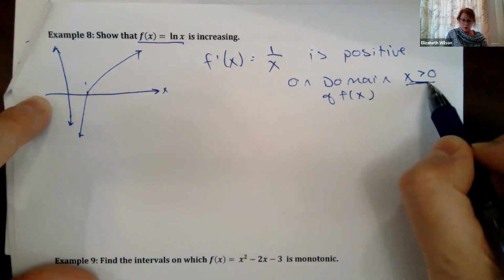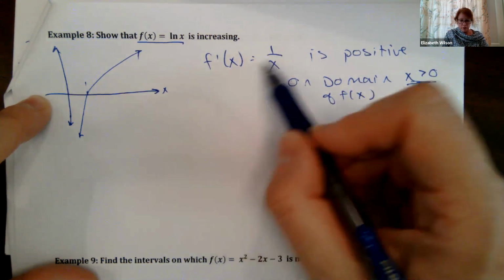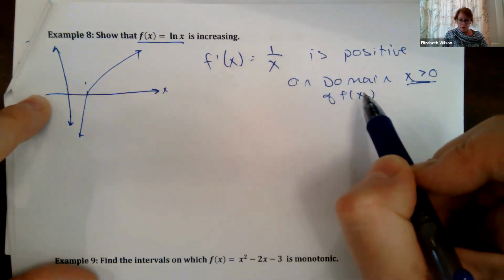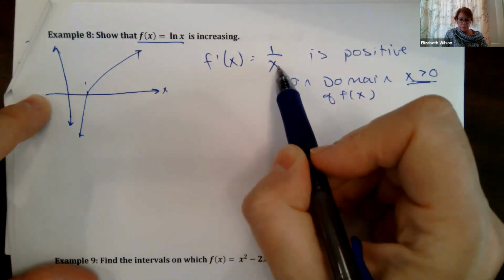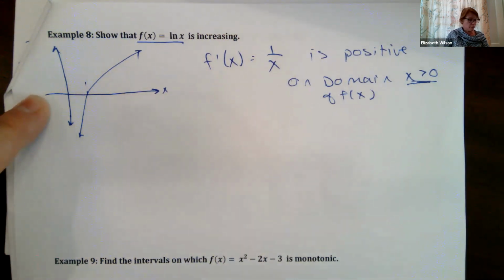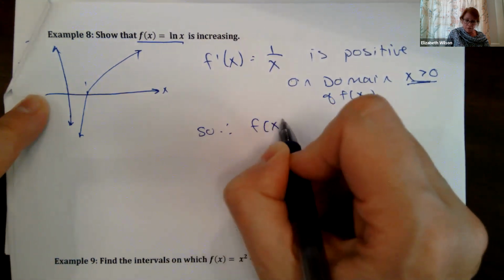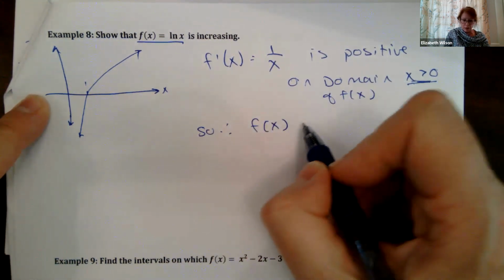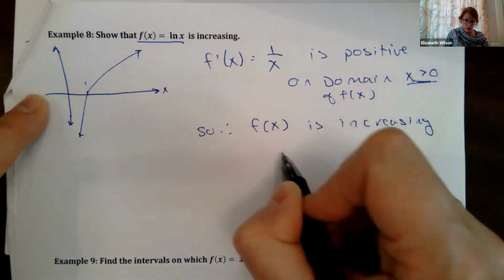So using that same domain, when I take a look at my derivative function, this is positive for all values when x is greater than 0. You can see that, right? So if I plug in x equals 1, x equals 2, I'm just going to get positive values on my first derivative. So then I can say that my function, not my derivative, but my function, is increasing on our domain